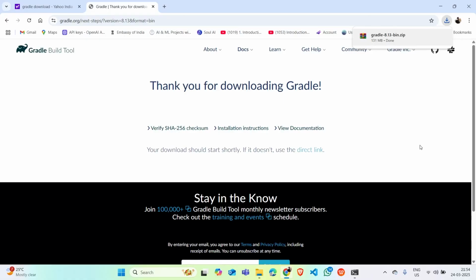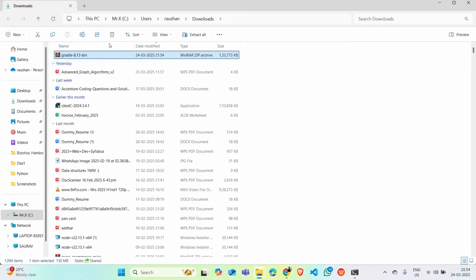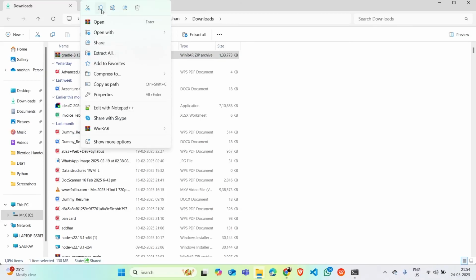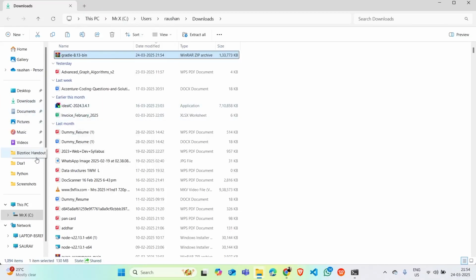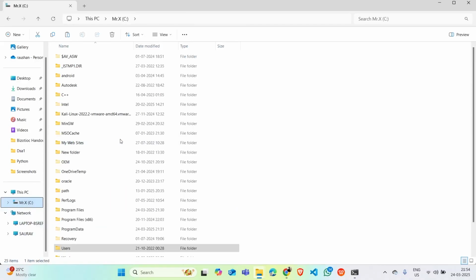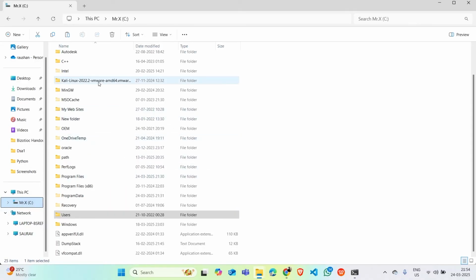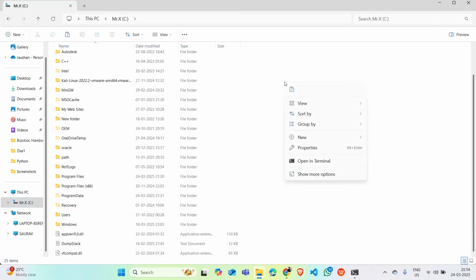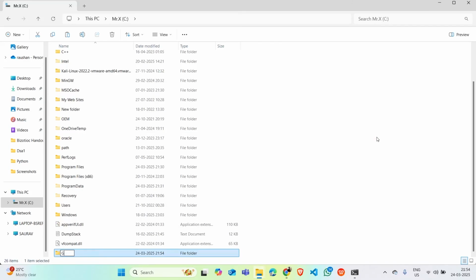Let's do one thing. Let's go to that folder wherever it is downloaded. You can see here, this is here, right? So very simple. I just copy this, copy, and go to any drive. Suppose let's go to C drive, and here what I will do is I'll create a new folder called Gradle. Okay, you can see here, right? Gradle, enter,